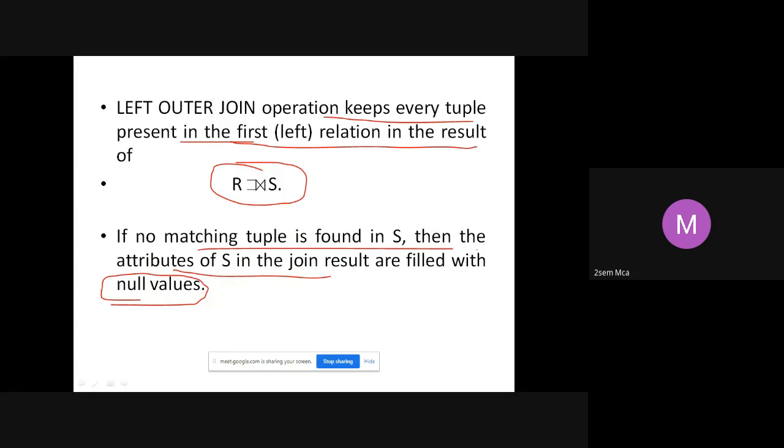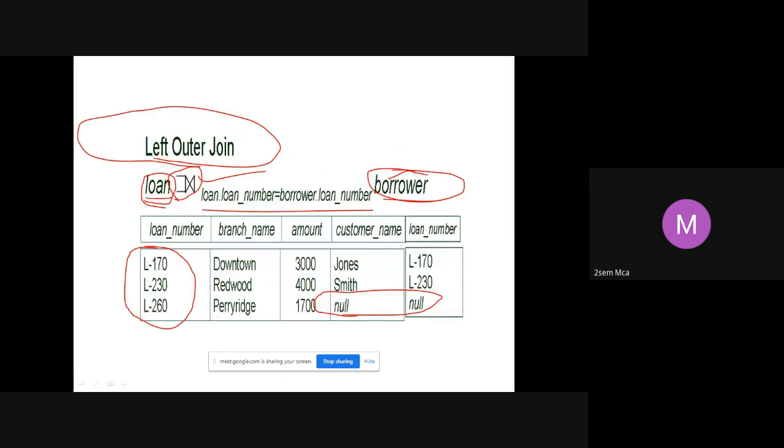That is what is given here. If no matching tuples are found in S, then the attributes of S in the join result are filled with null values. Left outer join keeps every tuple present in the left relation in the result of left outer join. So that's what we have done. It will retain everything. L260 doesn't match.